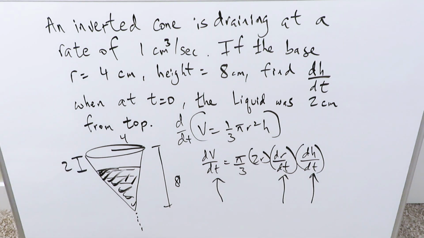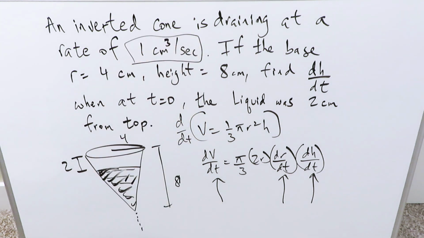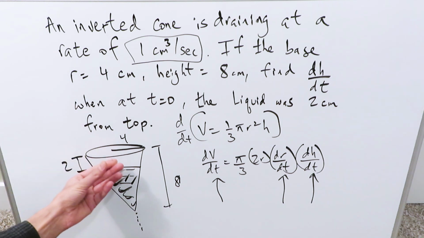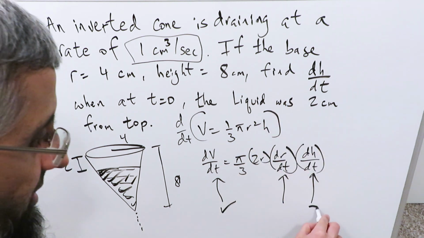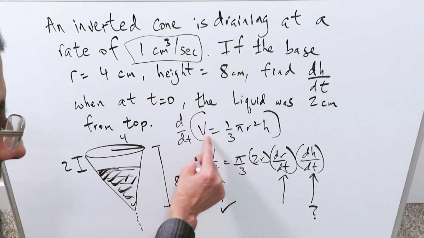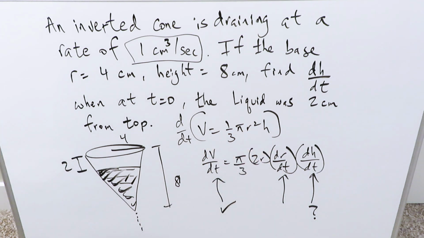Now look over here at your question. You're given this right here, 1 centimeter cube per second. The rate is decreasing, the inverted cone, the solution, the volume is decreasing. So you have this item right here, provided it's 1. You have to find this, but nowhere are you seeing this. I'm not seeing rate of change of radius over time. So we have to somehow get rid of one of these variables. We have 3 variables, 1, 2 and 3, volume, radius and height. We have to keep 2 and get rid of 1 variable by algebraic manipulation, and let's do that before we